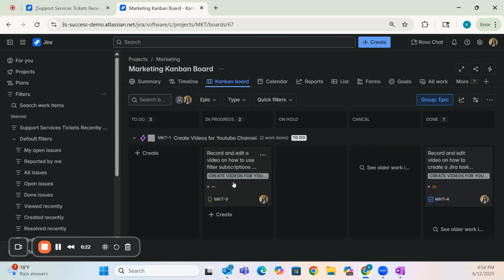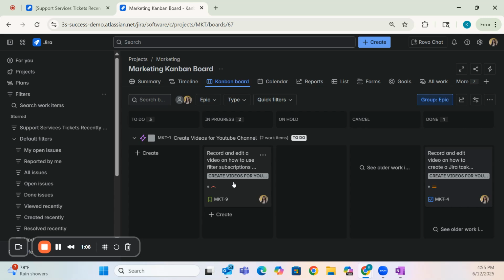want to use one. A filter subscription will send a person or a group within Jira an email notification once a filter criteria is met. A way that this can be useful is if you have a customer support portal and a customer submits a ticket through that support portal and you're using Jira Service Management, you can get a notification to your email when a new ticket has been submitted so that you know you have something that you need to go and look into and check in order to meet your service level agreements without having to constantly monitor that project in Jira